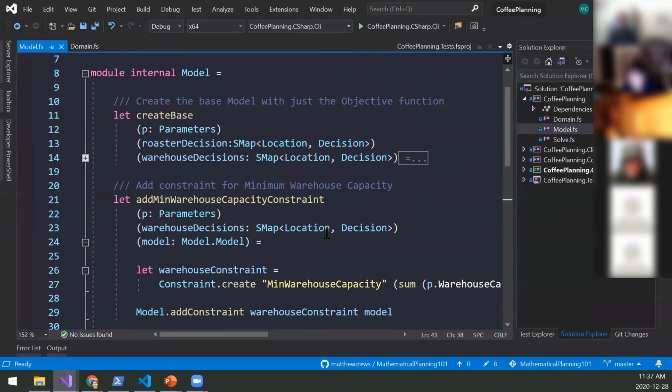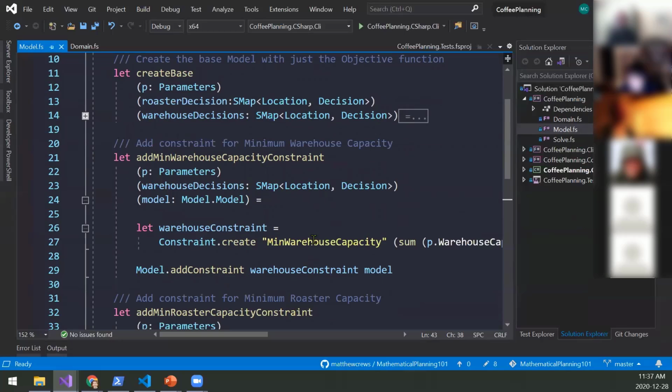A couple of reasons. I mentioned testing, and we'll get to that. But the other is it makes it very easy for someone to come in and say, where do we add the constraints that do X? So instead of having to scan through some model code that's super long, you just go to the function that does that. And it's very easy to identify and maintain that code.